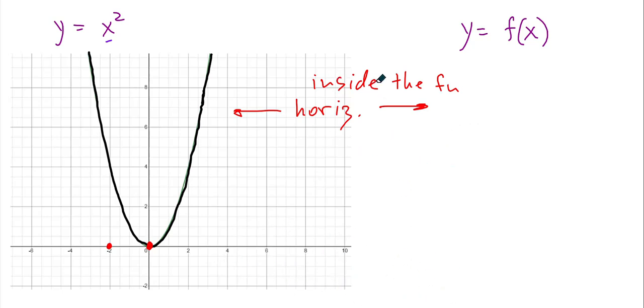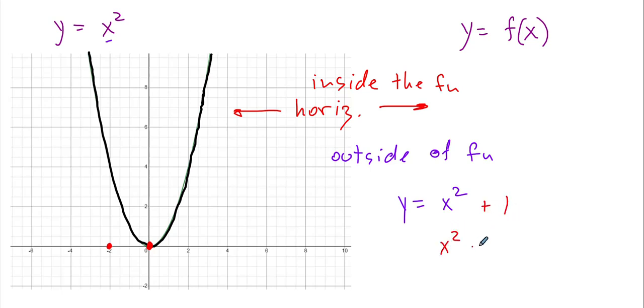Now, that's the inside of the function. Now, what about the outside of the function? If I change something about the outside of the function, in other words, like y equals x squared, that's my original function, and then I do something on the outside, like +1 or x squared minus 2 as an example, that would be a transformed function. What I'm doing, this part right here, this outside of the function,